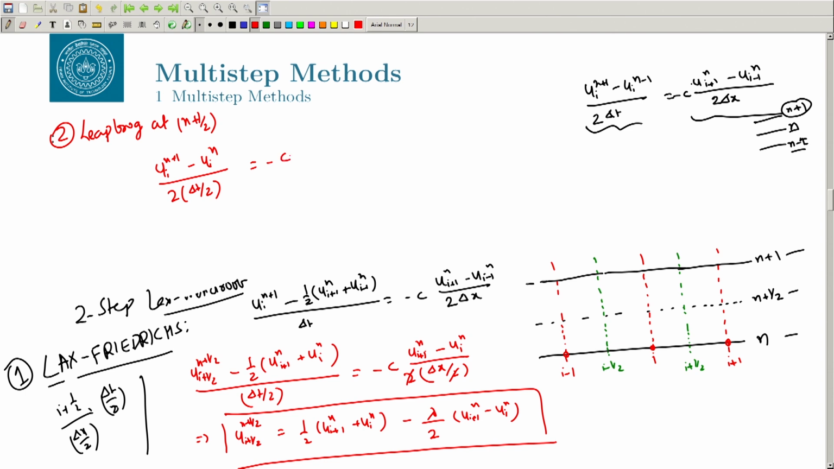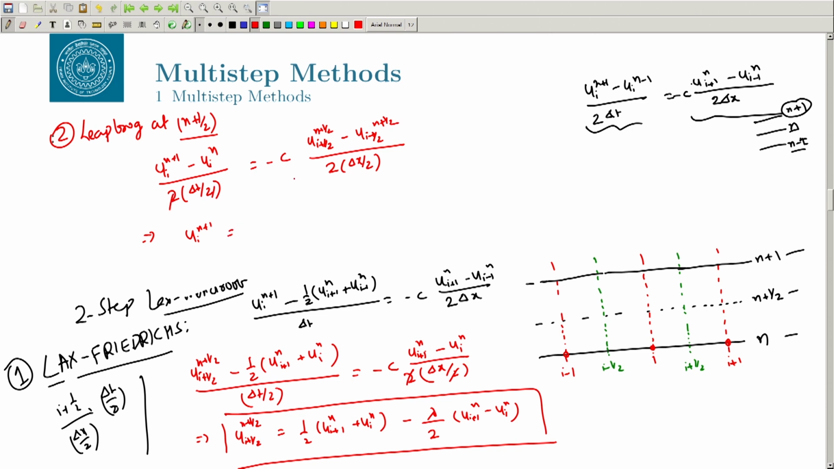that will become minus c, and then you will use u_(i+1/2) minus u_(i-1/2), both at n plus 1 by 2. Okay, so we are doing this leapfrogging at n plus 1 by 2 into Δx by 2, right. So, this is our 2 step scheme. So, finally, you can write your u_i^(n+1)